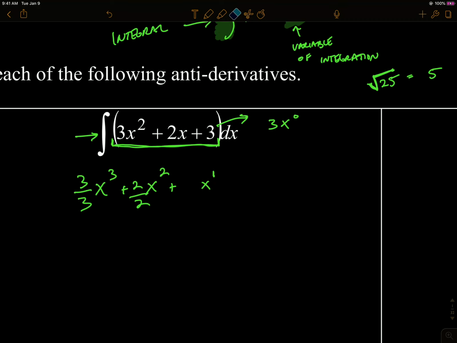So what we end up knowing is the integral of any constant with respect to x is going to be equal to cx, right? Because remember, this is the derivative of some function, so the derivative of 3x will always be a constant. So whenever you have a constant, the original must have been just an x to the first. So we just put an x on those constants when we integrate them. And then we always have to account for some unknown constant of integration. So if we simplify this thing,